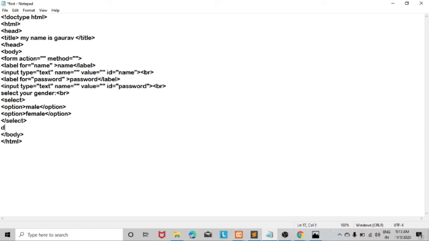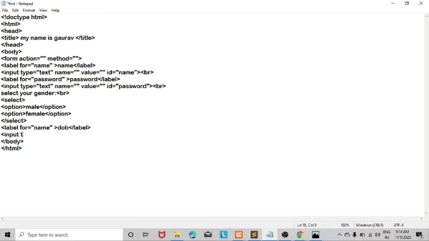Just write here DOB, or if you use the label tag, that is cool. I'm just copying it here and pasting it with Control V, and I'm writing DOB. For the DOB part I'm writing an input.